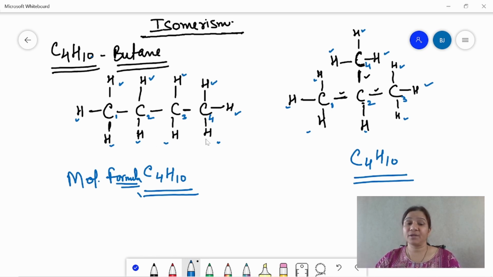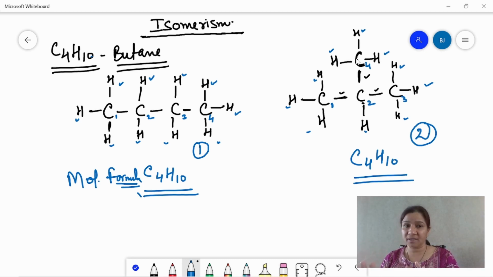Structural formula is different. What is the meaning of structural formula? Structural formula means when you are arranging the atoms and showing how, in that particular compound, the atoms are connected to each other. If you see structure number 1, all the carbons are connected in a straight chain manner, and in structure 2, all the 4 carbons are not attached in a straight chain. They are attached 3 in one chain and one carbon is attached to the middle carbon in the form of a branch, right? So you will say this is a straight chain structure, this is a branch chain structure of butane, right?